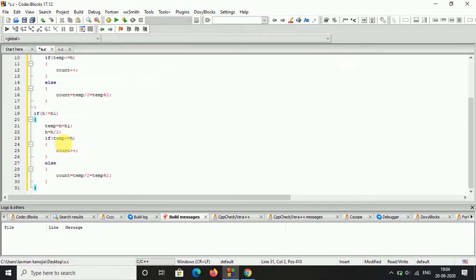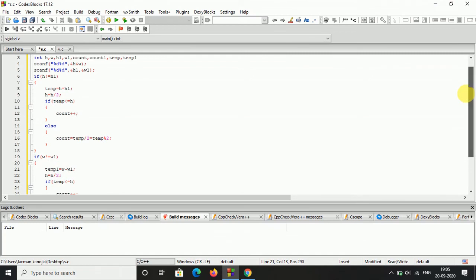Okay, and that too I have to do with w also. I had done this for h, now I am going for w also. So for w, over here temp1, as I have taken the variable. Over here it is w minus w1. What I have included over here?